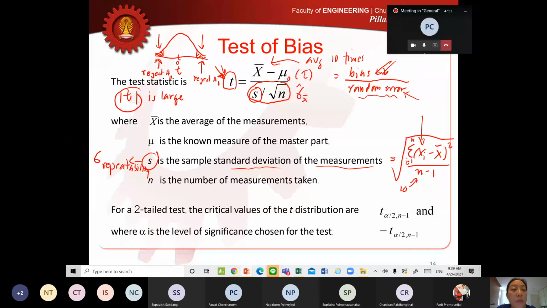That means you will believe that bias is significant. So this line is just to remind you that we will use the t-test to come up with the